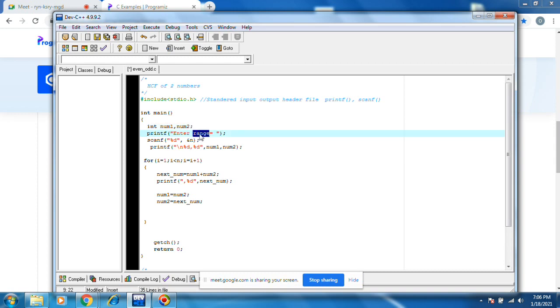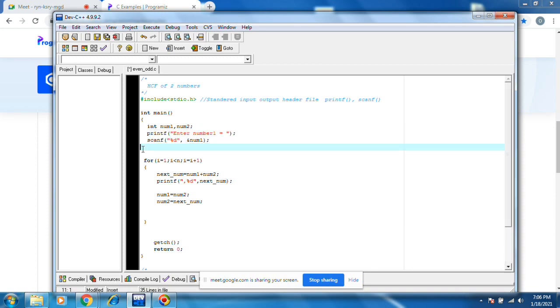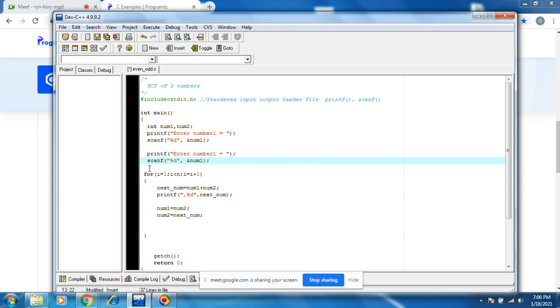Enter number 1. And then again, enter number 2, the second number.